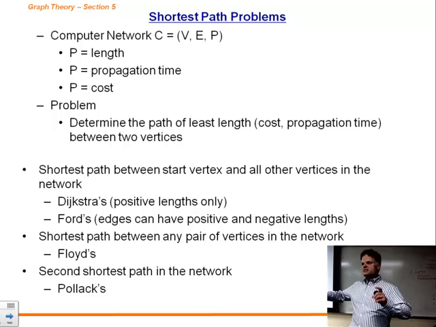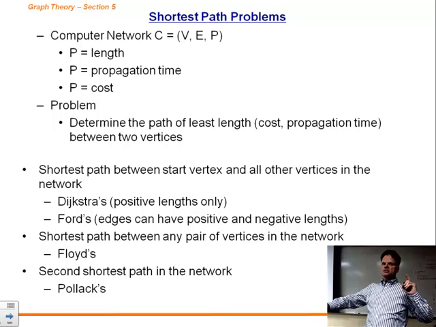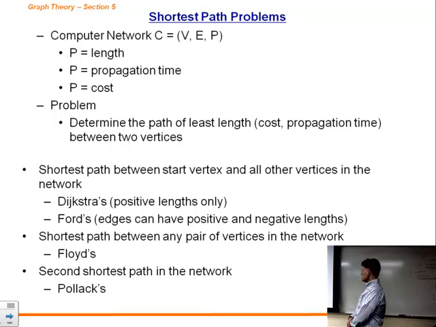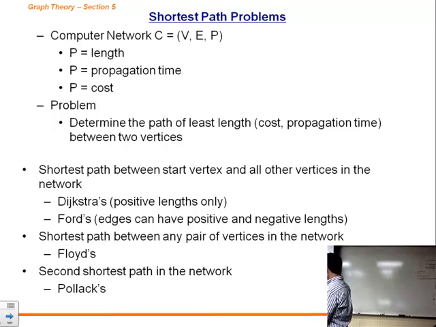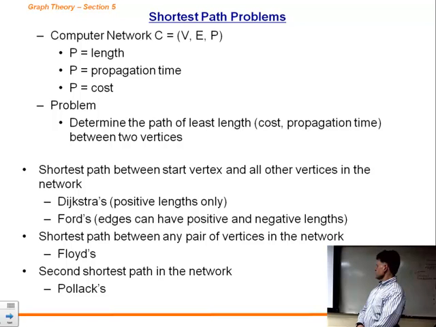What if you wanted to find shortest paths and shortest distances between any pair, not just single source, but any source and any destination? Then those are called all pairs shortest path algorithms. And the one we'll talk about is Floyd's algorithm, also called the Floyd-Warshall algorithm. And this is an all pairs shortest path algorithm. So it computes